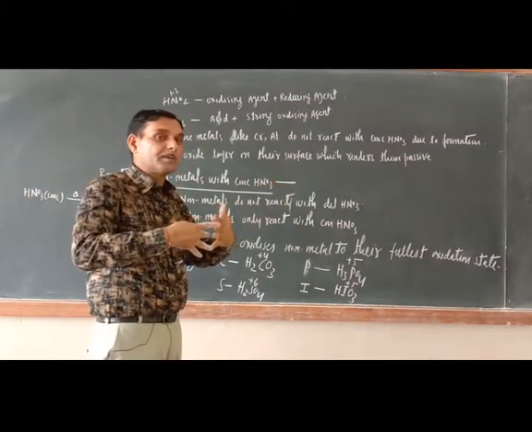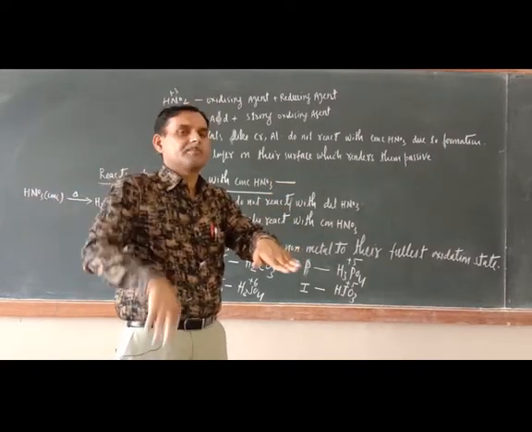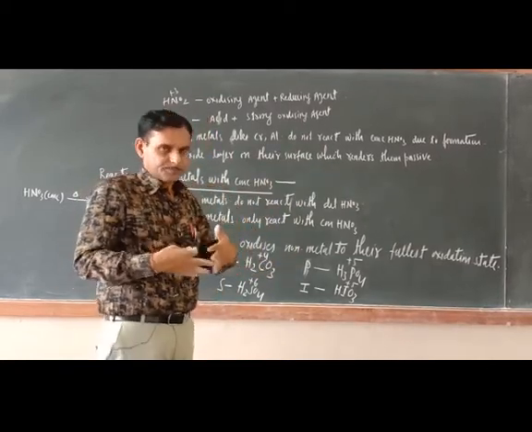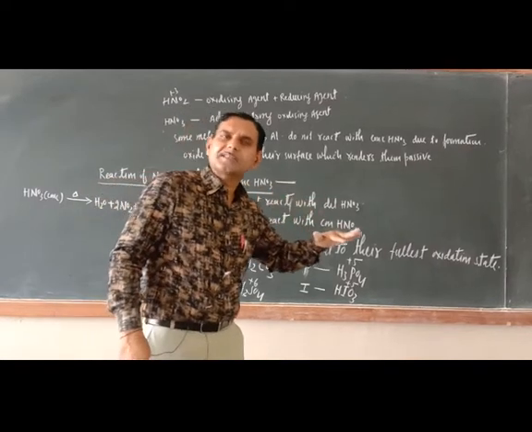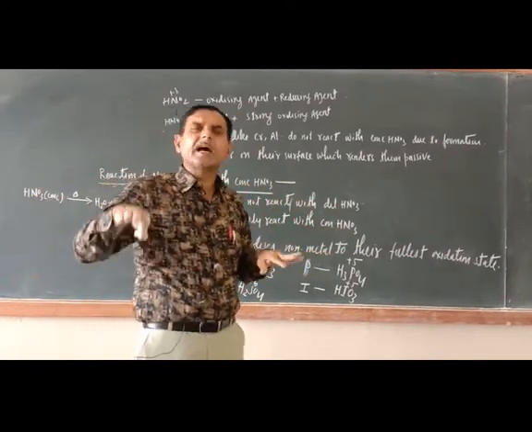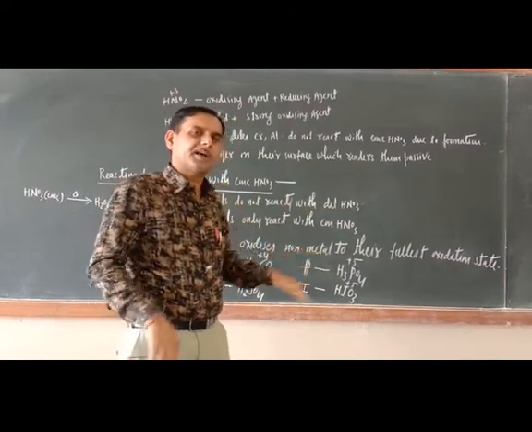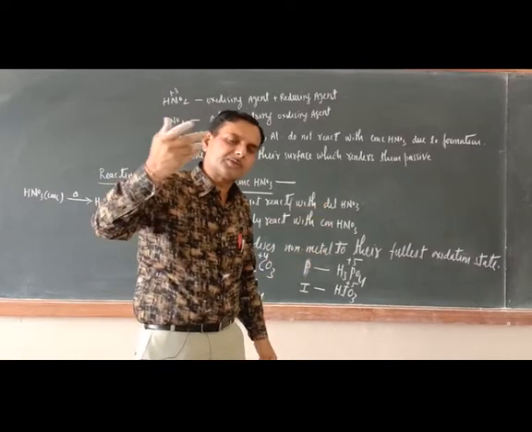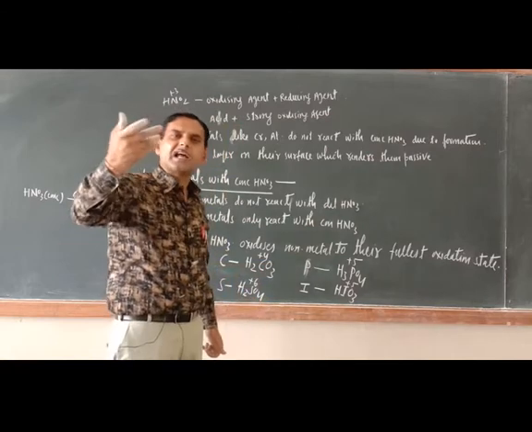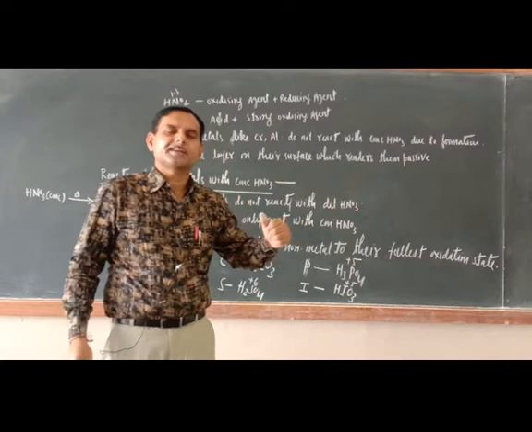So always remember, in any chemical reaction, an imbalance should be there. Are you getting my point or not? Just try to understand. One should be a strong oxidizing agent, so the other should be a weak oxidizing agent or a strong reducing agent. A mismatch should be there. Here, what is happening? As dilute HNO3 is also a strong oxidizing agent, and the non-metals are also strong oxidizing agents, the nature is the same, that is why the reaction won't happen.